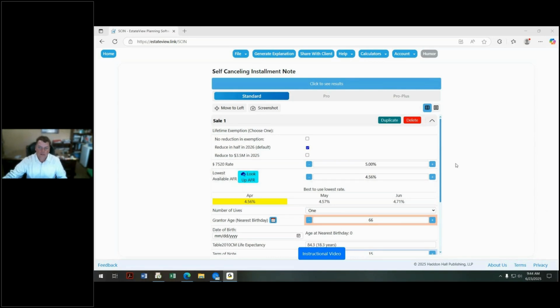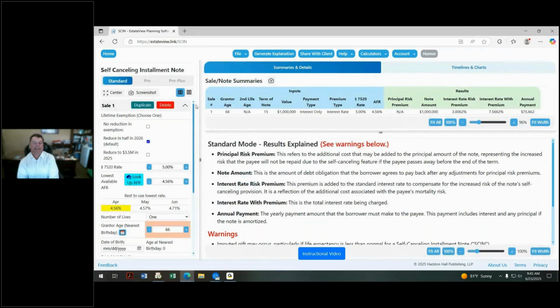So one thing I'd like to do when we talk about self-canceling installment notes is first start with the standard description of the self-canceling installment notes. This is our normal intake, and again, this is under the standard mode. What I've done is moved it over to the left-hand side because I find it helpful to be able to go through and explain what a self-canceling installment note is generally. Then we can go into the detail of the various items and show, for a client, how the self-canceling installment note can save estate taxes, but also what other options are available when you structure the note and how to structure it in the best way